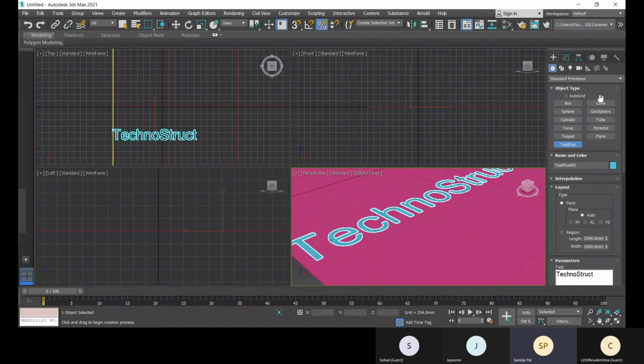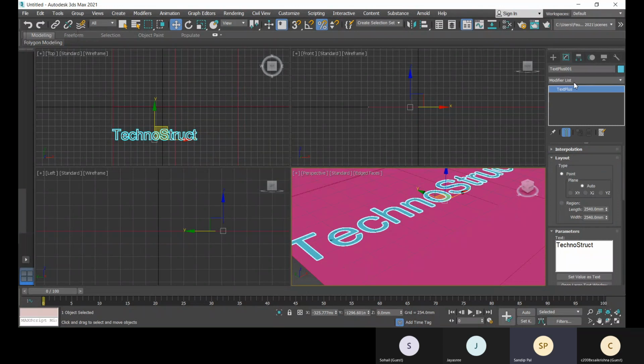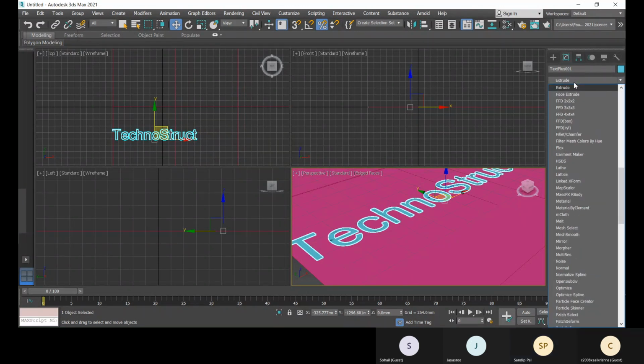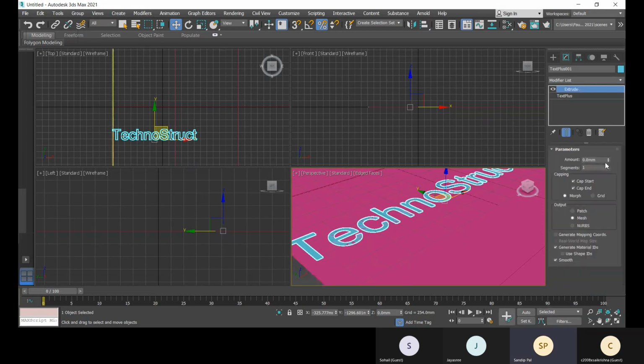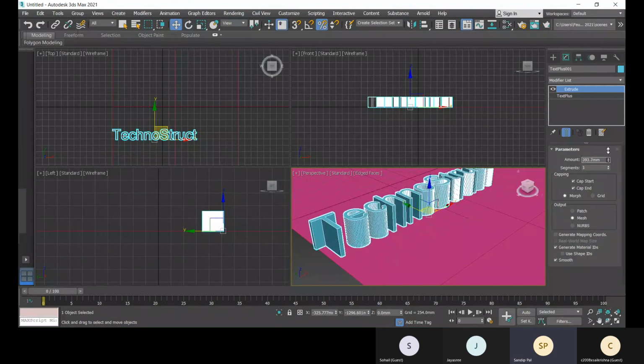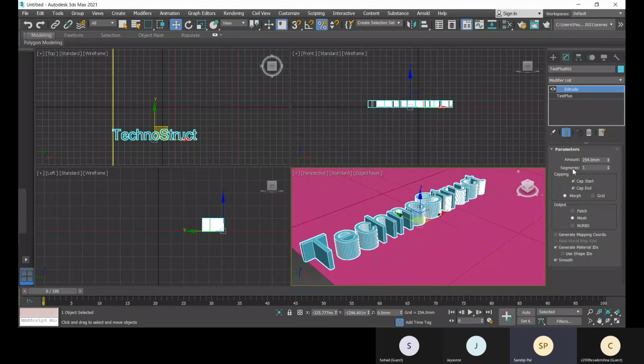And if you go to modifier, you can provide extrude height. The height will be 0 because we are using it the first time. Then after that you can add the amount, and you can also add segments from here. As I have told you, more segments means smoother and more polygons.